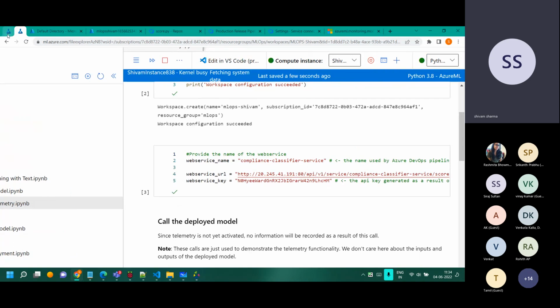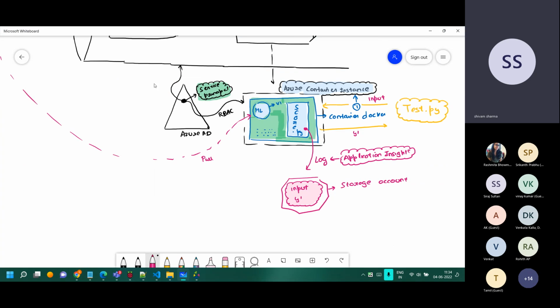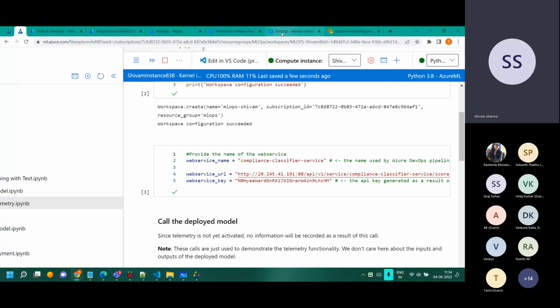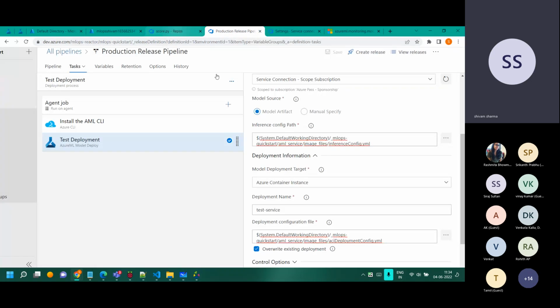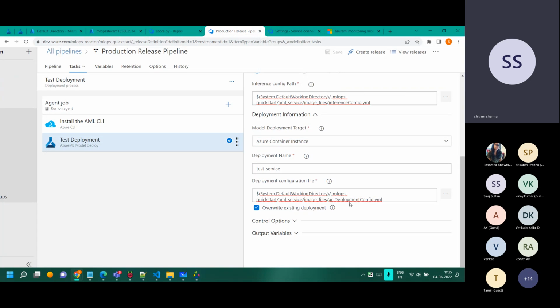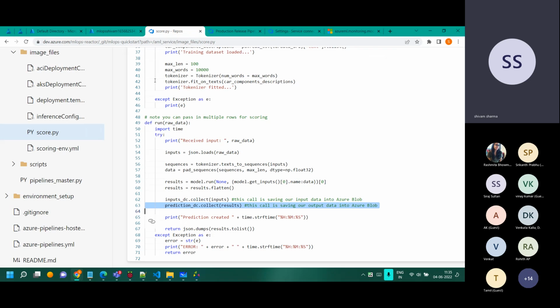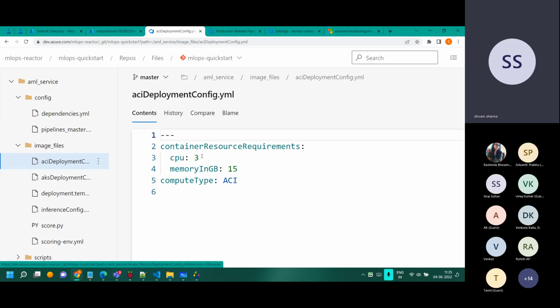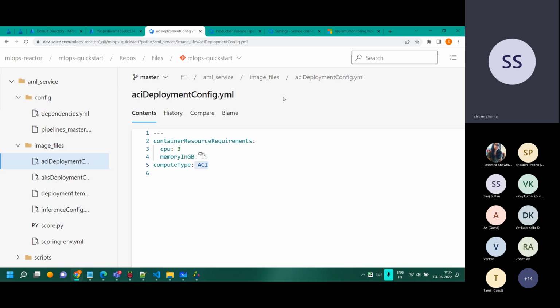So the way you have to do it is, once the CD part happens and it gets deployed over there, let's see how it gets deployed, then I'll show that part. The next thing is the ACI deployment config.yaml file. If I come back and show that part here, it's a very small file. It basically says that there are 3 CPU cores and 15 GB RAM in the ACI instance that will get created. Once that gets created and you do the testing with it,